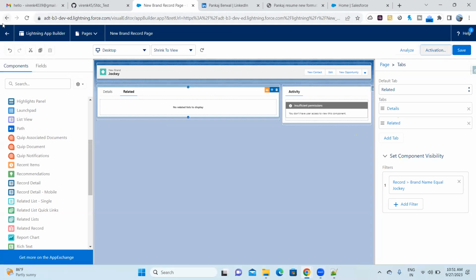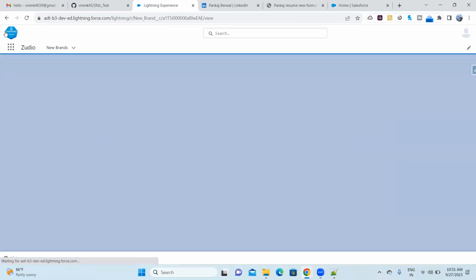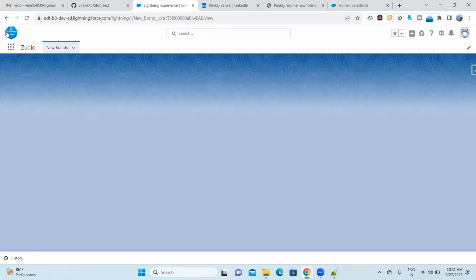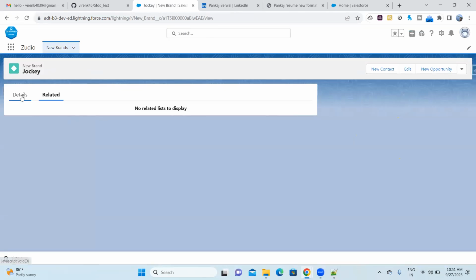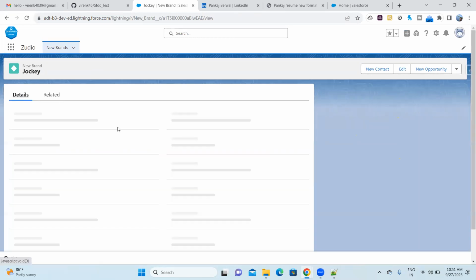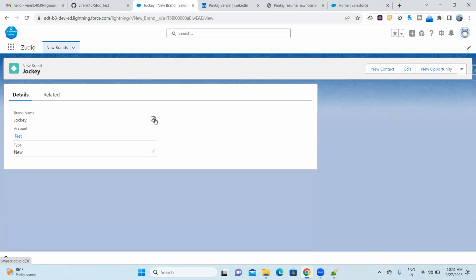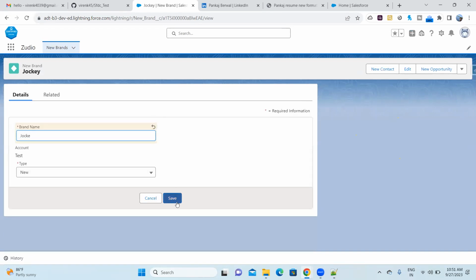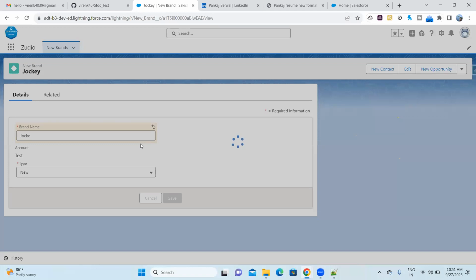Once we activate it, you go back on your page. Okay. You come here. Okay. If you see, default is detail, right? Related right now. We changed it. And I'll update this. Okay.